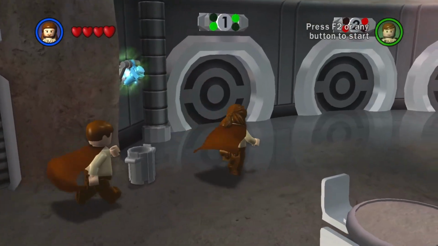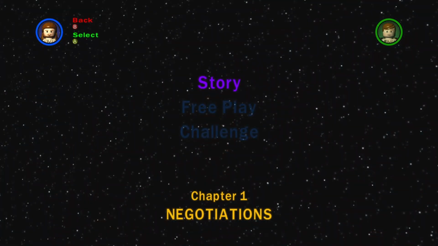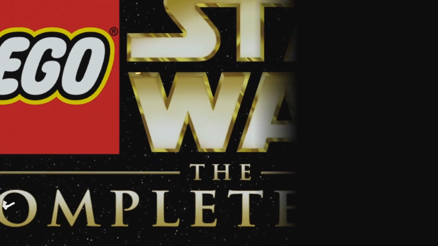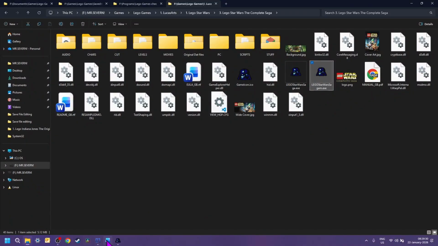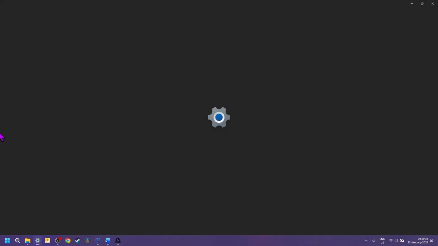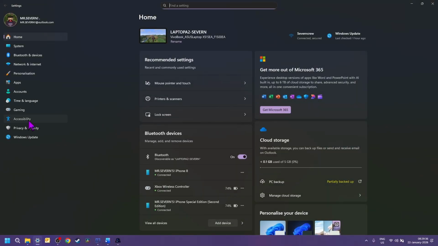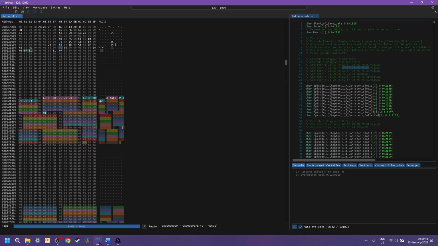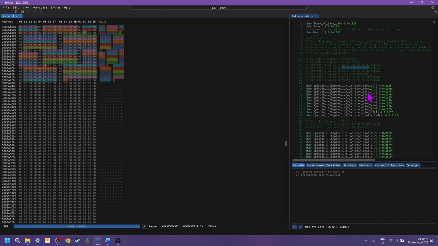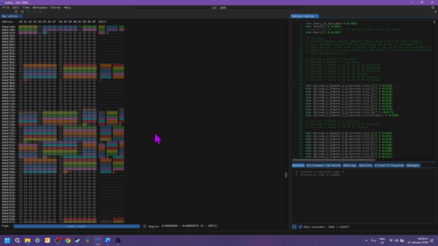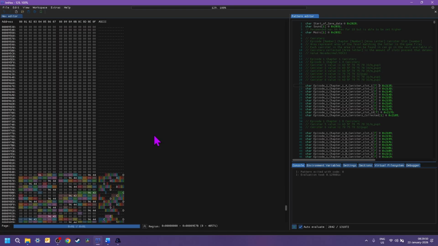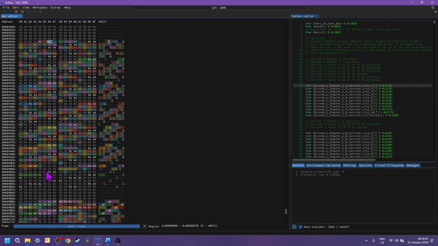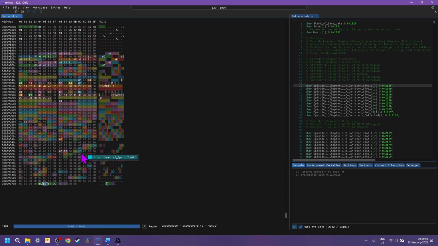So go in here. Actually, sorry. Okay. I'll fix the cursor up. Accessibility, some pointers. Okay, so I'll have free play unlocked, and then I'll do that.